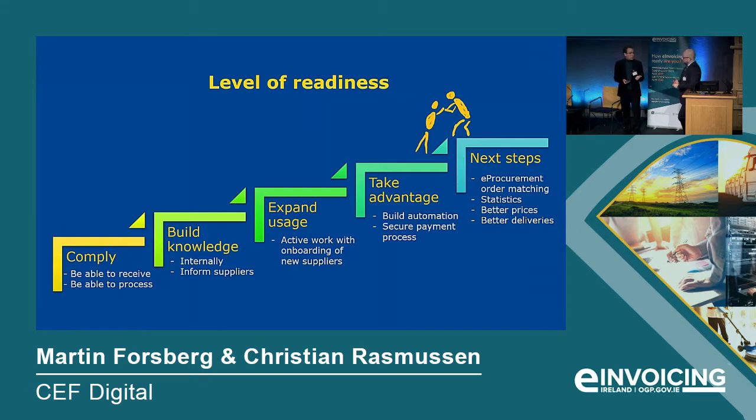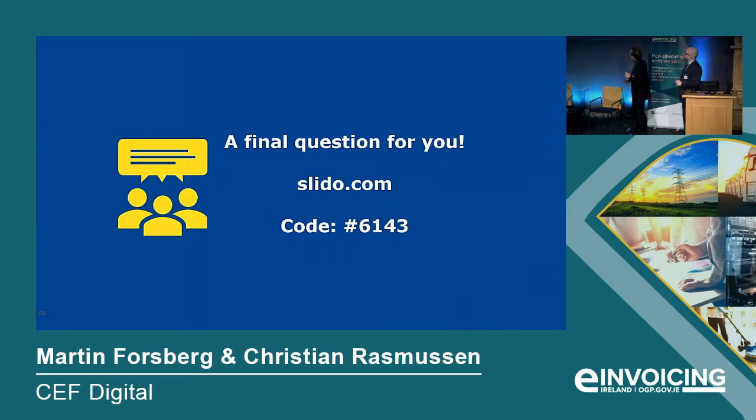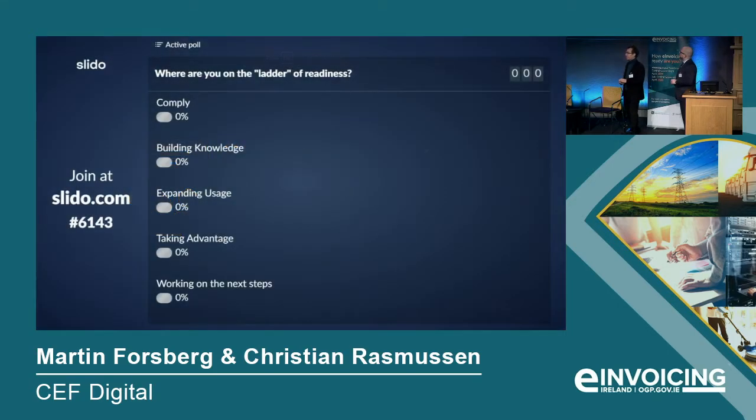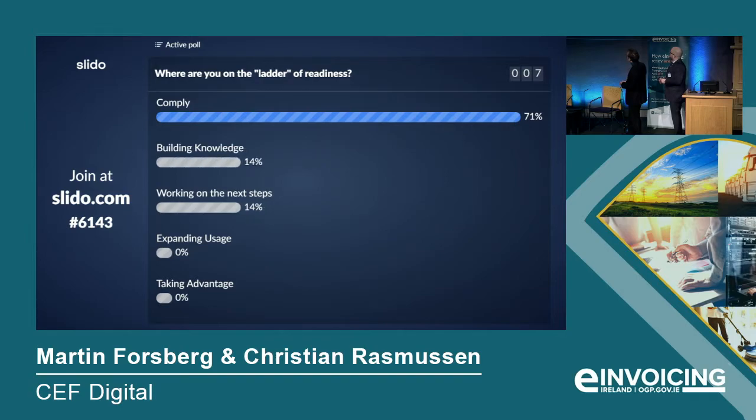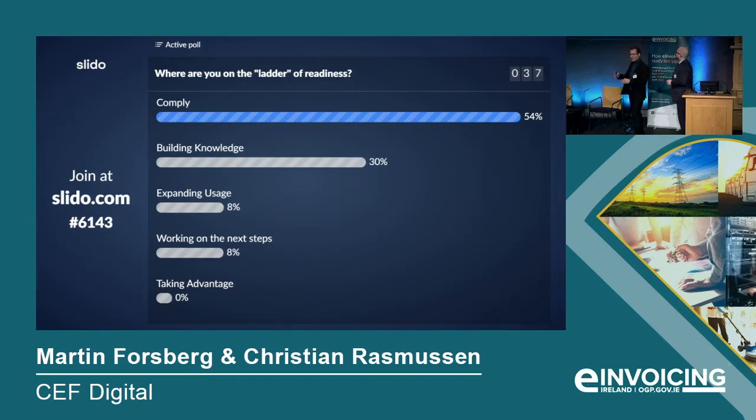But we have one question on Slido, and that question is, where would you point yourself to be? In which of these steps are you? So if you move over to the Slido. On the top, you will be on the first step of the ladder, second, third, fourth, and fifth step. Unfortunately, the tool is sorting these, so they're not coming up in the same order as the ladder. It's kind of confusing, but